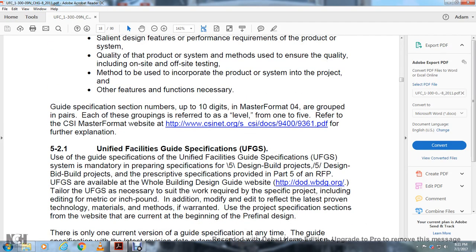5.2.1 Unified Facilities Guide Specifications. Use of the Unified Facilities Guide Specification system is mandatory for preparing specifications for design-build projects. Prescriptive specifications are provided in Part 5 of the request for proposal. Unified Facilities Guide Specifications are available at the Whole Building Design Guide website,